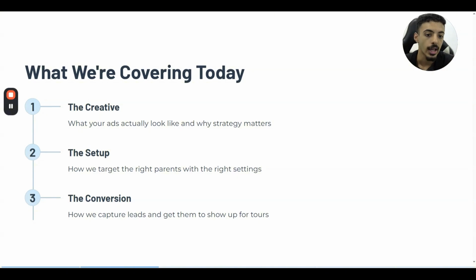When you're not running ads, you're relying on word of mouth, maybe some organic social media posts or people driving by your building and then calling you, and that's all fine, but it's limited and it's not as consistent and predictable as ads are. With ads, what you're doing is you're putting your school in front of hundreds or thousands of parents every single day, and when you do this correctly with the right targeting, the right messaging, the right system,